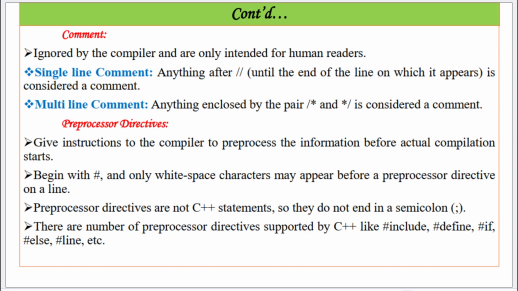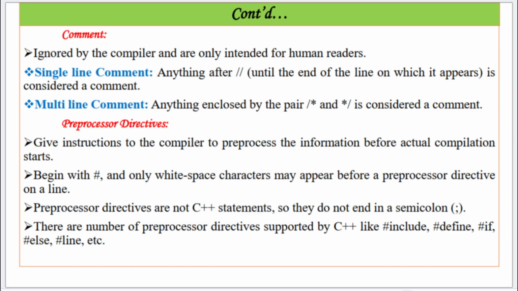Preprocessor directives give instructions to the compiler to pre-process the information before actual compilation starts. They begin with a hashtag, and only white space characters may appear before a preprocessor directive on a line. Preprocessor directives are not C++ statements, so they do not end with a semicolon. There are a number of preprocessor directives supported by C++ like #include, #define, #if, #else, #line